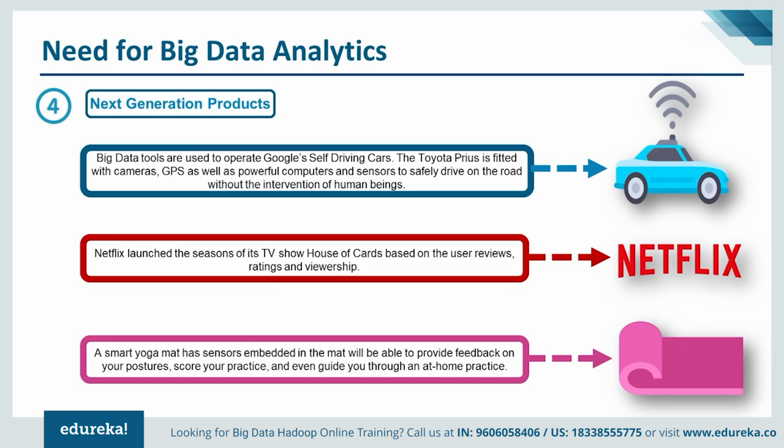By analyzing the viewer data, the company was able to determine that the fans of the original House of Cards, which aired in the UK, were also watching movies that starred Kevin Spacey, who was playing the lead in the show House of Cards, and they were directed by David Fincher, who's also one of the show's executive producers. So basically, Netflix is analyzing everything, from what show you are watching to when you pause it or even when you turn it off.